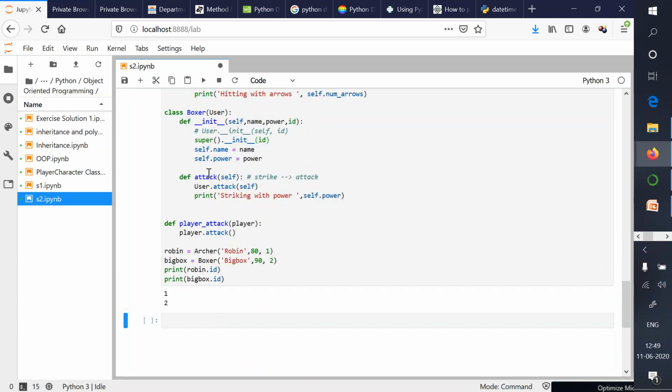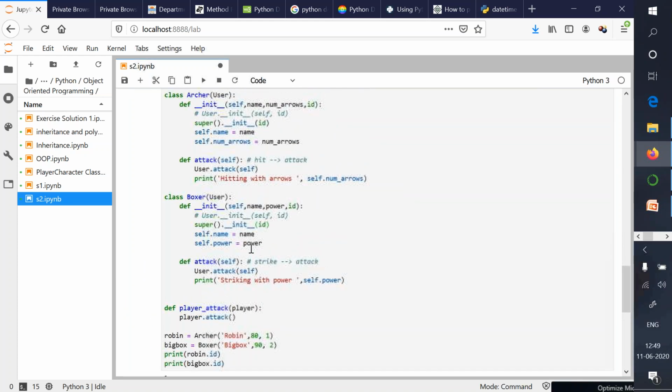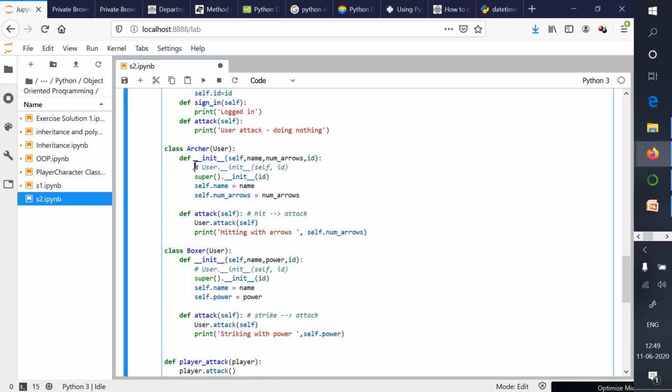And now if I run the program, see, the program is running fine. The program is running exactly the same way it was running earlier. So absolutely no difference between these two statements, whether you use super or User.__init__.